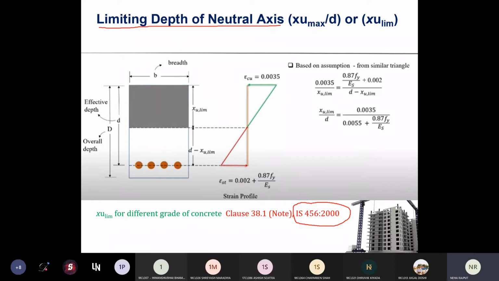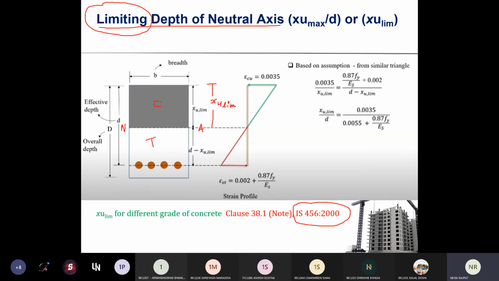So here again this is one cross section of a beam. This is considered to be the tension zone, this is considered to be the compression zone, and this line joining tension and compression is my neutral axis line. Right. Now what is the limiting depth of neutral axis over here? Xu you can draw, just remember one thing, from the top of the section to the depth of neutral axis.